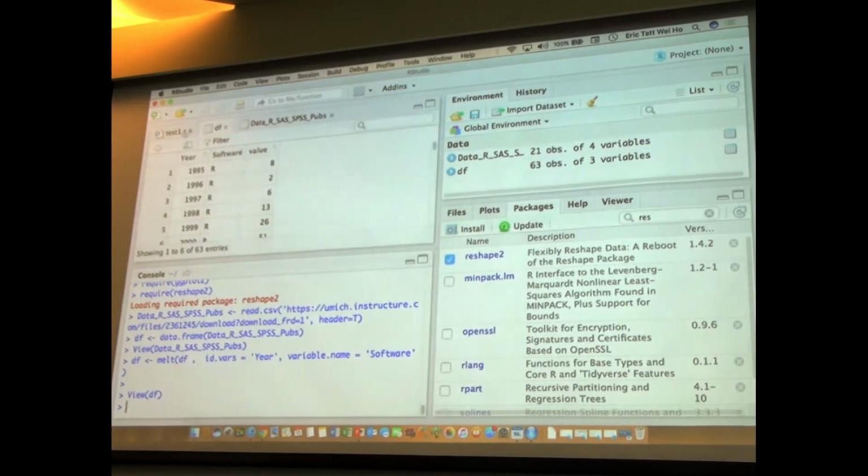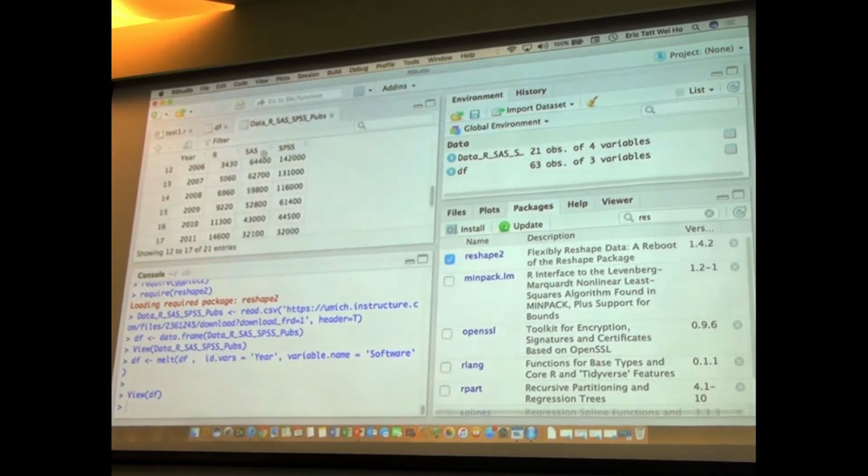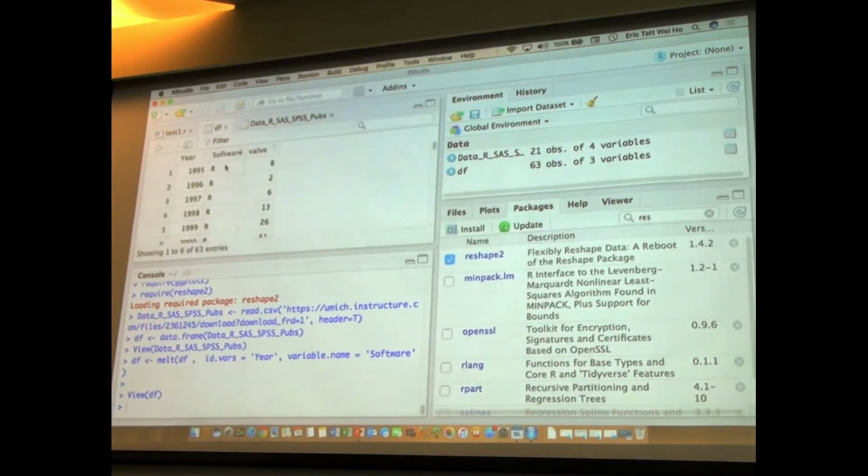Notice how, so here is the original, you guys. It came in the wide format. For every year, I have one row of 3 records. When I converted from this wide format to the long format, it looks like this. I have a year, and then I have a name and value pair. The name and value pair is for which language or which environment I'm talking about, and how many citations were